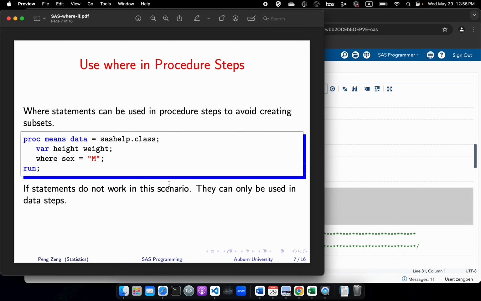The if statement can only be used in the data step. But the where statement can be used in both the data step and the procedure step, right? For example, here, PROC MEANS is used to compute some summary statistics. Here we want to compute summary statistics for height and weight. So when you use the where statement, basically